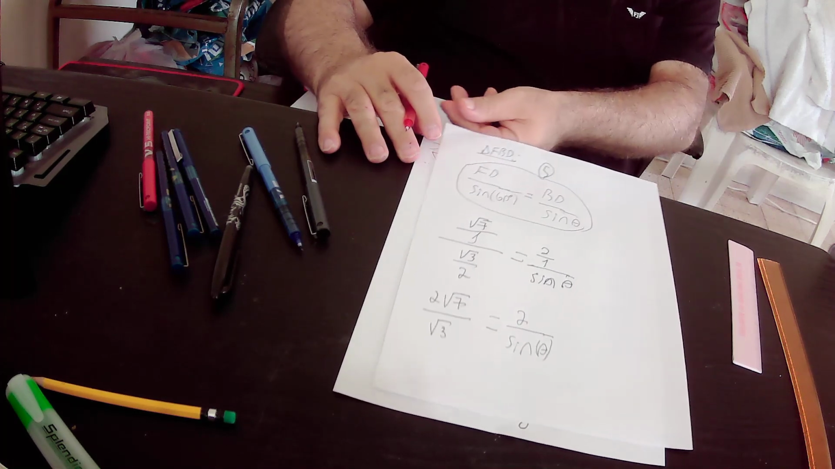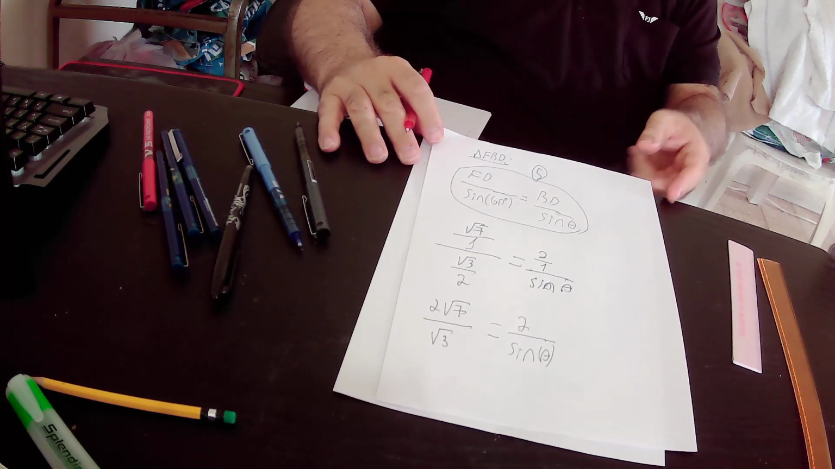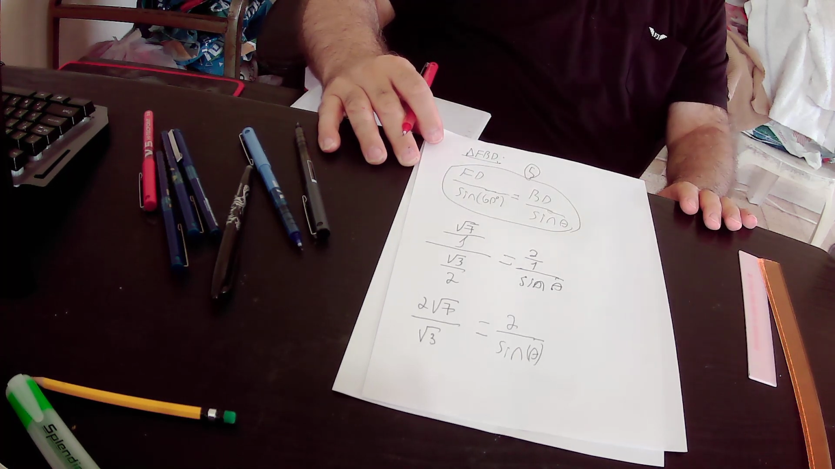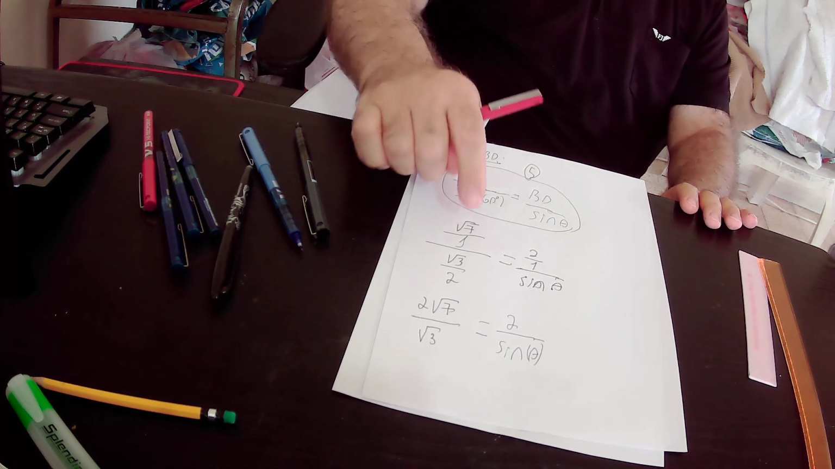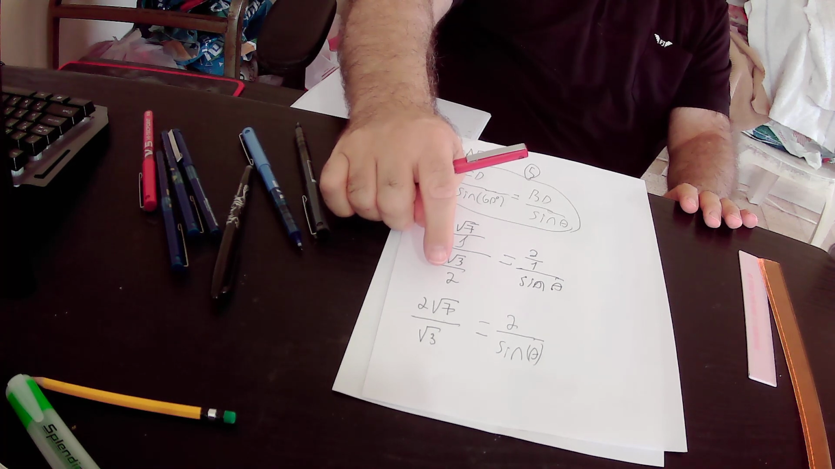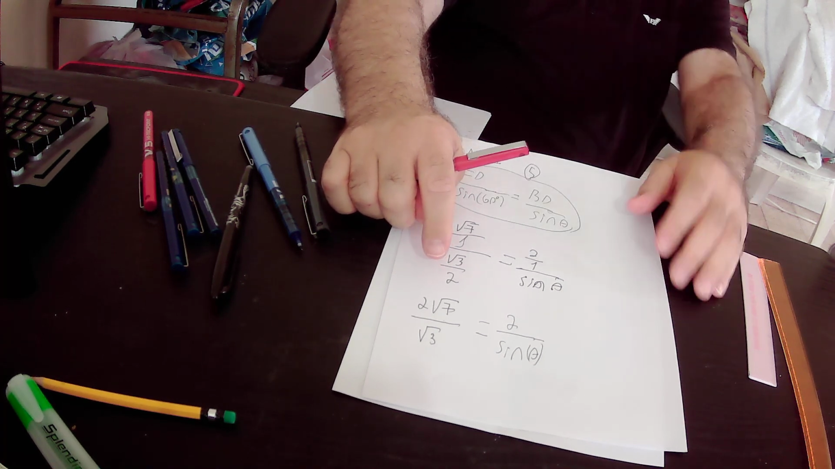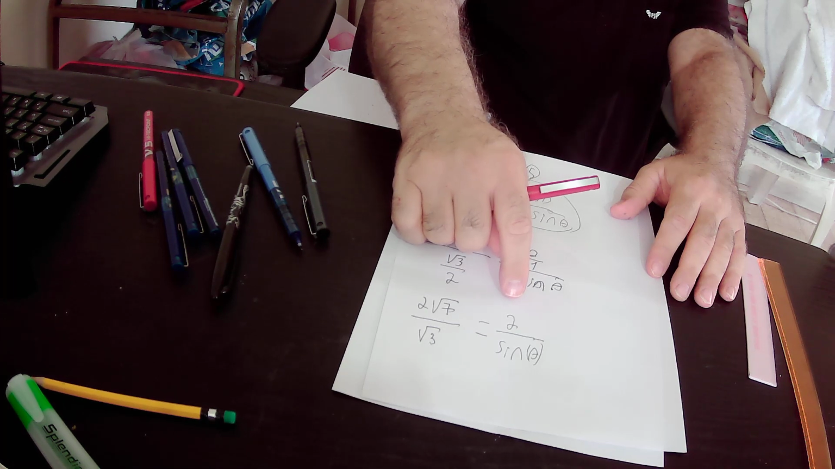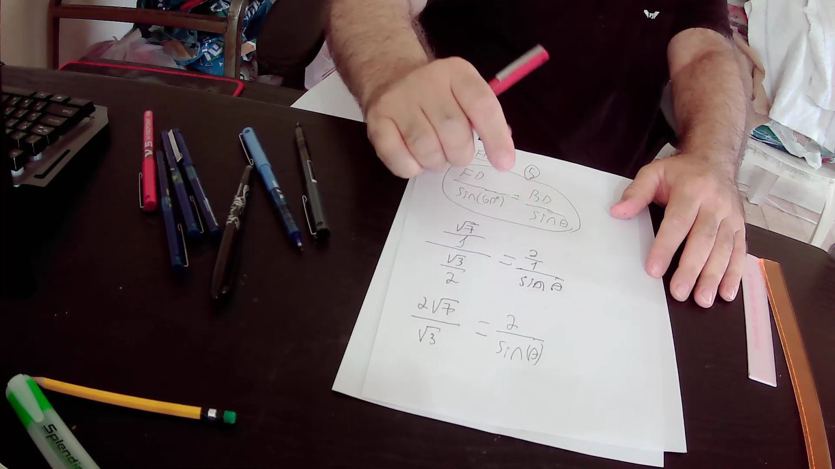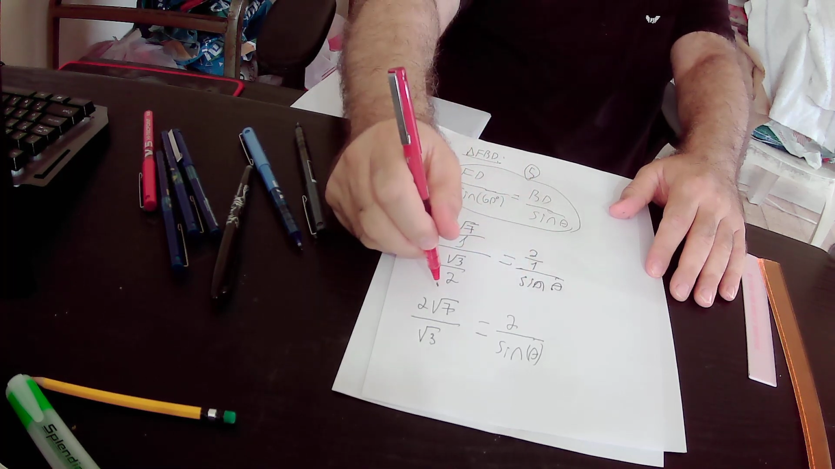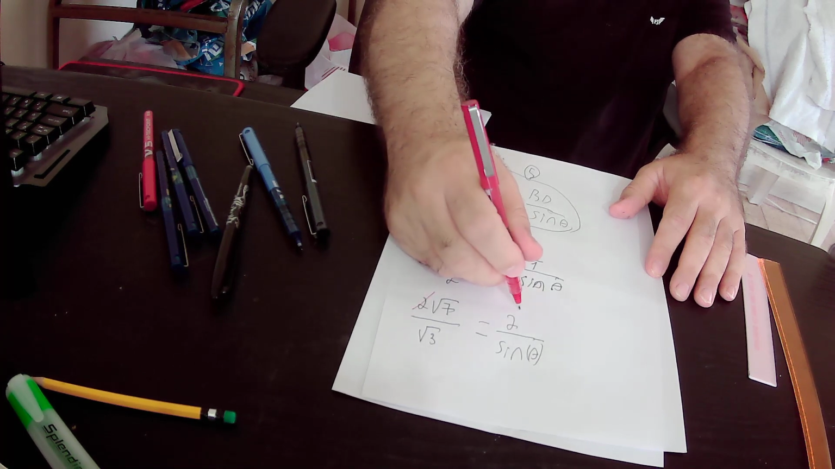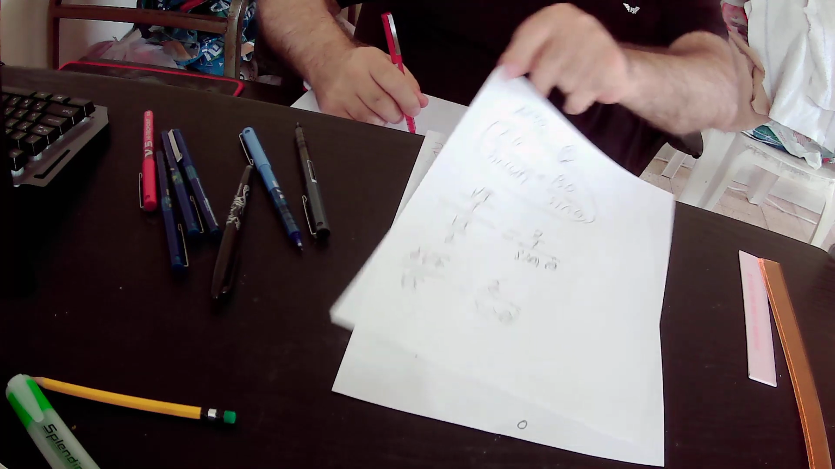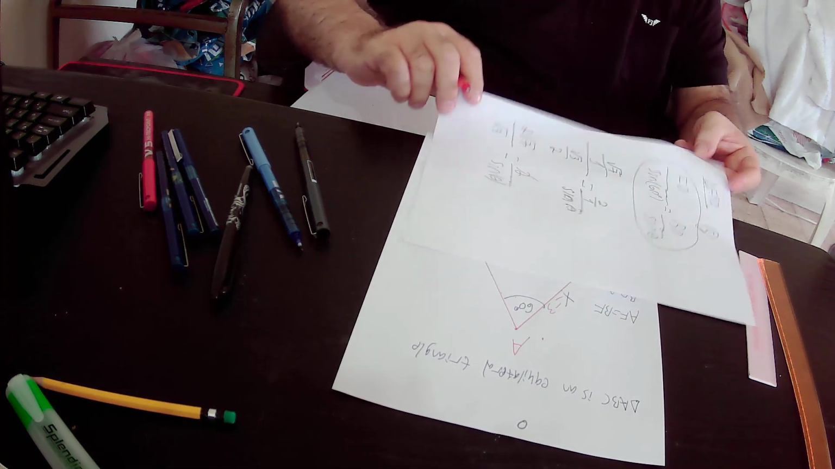So times root 7 over root 3 equals 2 over sinus theta. Here we have 2 in the numerator of this side of the equation, and we have 2 in the numerator of the other side of the equation, so we can cancel 2. And what is left after we cancel 2 in this equality